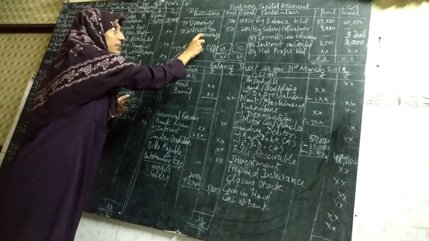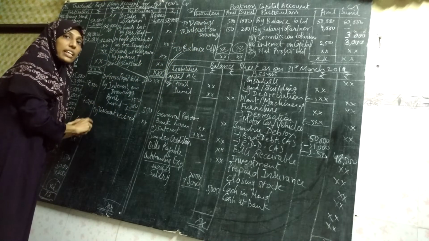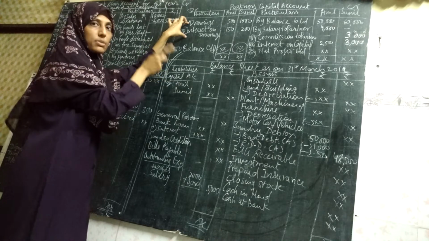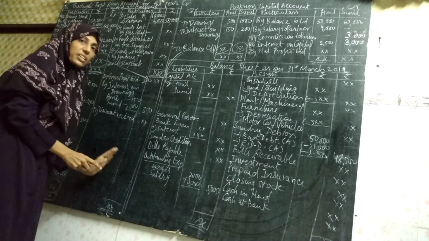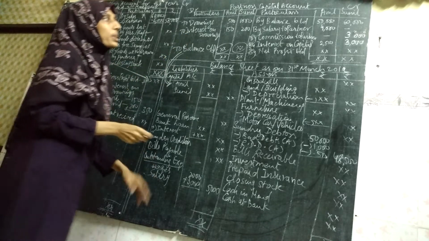It is a penalty on him, so it is on the debit side, but at the same time it is a benefit to the business, a gain to the business, so it will be reflected on the credit side. These are the two items on the debit side. If in case the business goes into losses, then the loss will be reflected on the P&L account credit side. Okay. Now we close one by one.